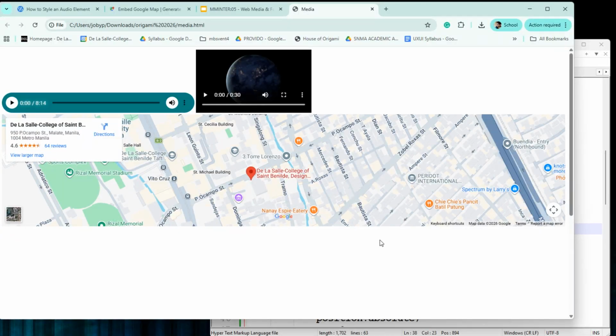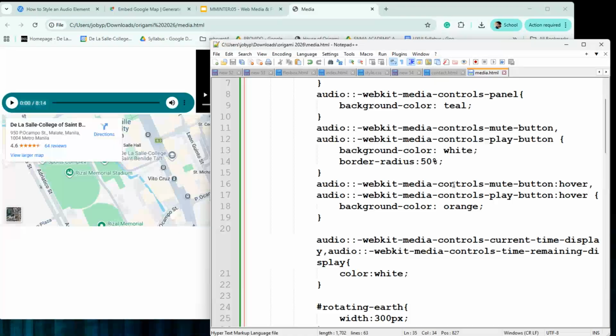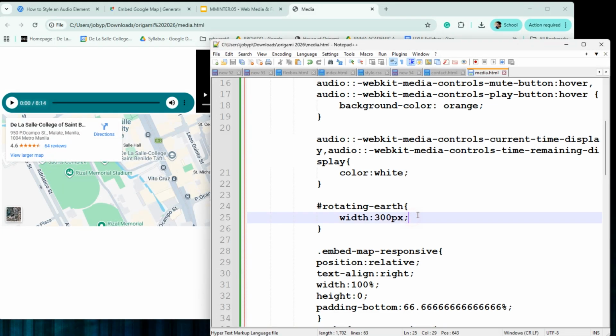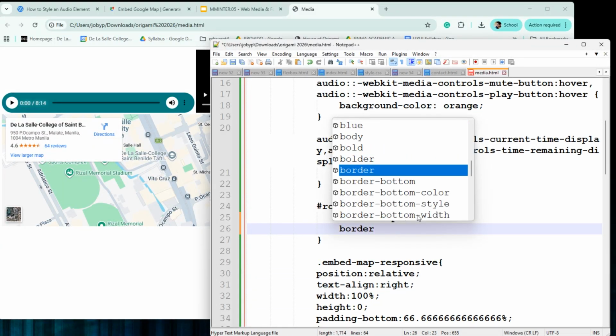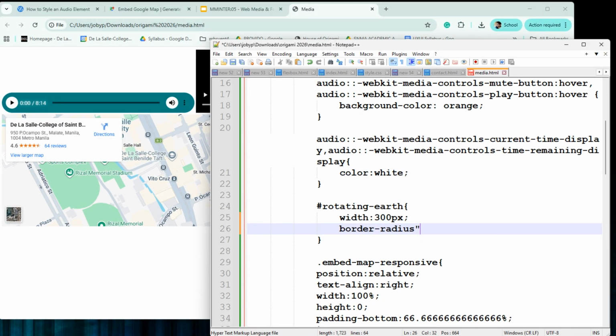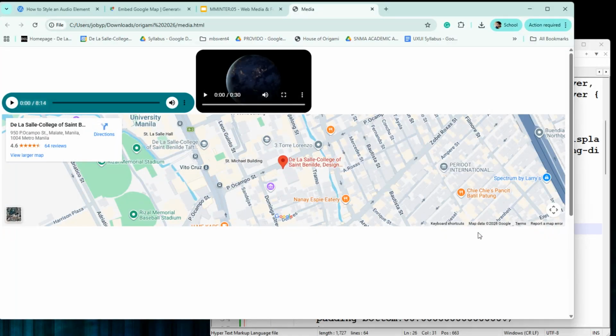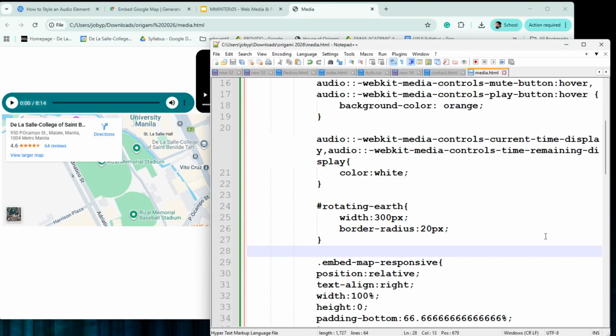So that's basically it. Again, you can add all the stuff that you want. For example, the video, maybe I want to make it rounded. Border radius. Maybe I want it 20 pixels round. There. So all the CSS stuff that you've learned, now you can apply. Okay, so I'm going to stop here at this particular lesson, and then I'm going to continue with embedding YouTube and Vimeo the next